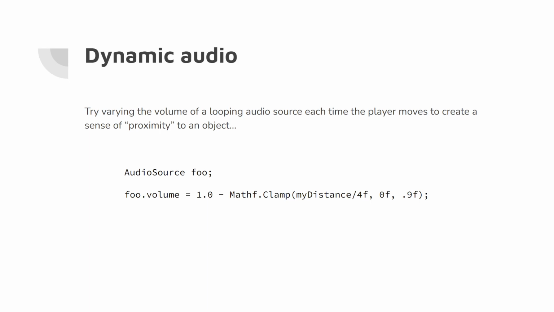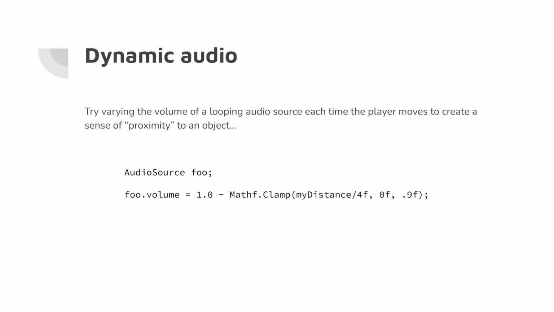And to set that value, initially we're going to say, and this will depend largely on how you want to tune your game, how far away is far enough to hear the sound versus how close do you have to be to get the full volume of the sound. So in this example, it says, all right, you have a distance of 4. So if you're 4 away, this will become what? 4 over 4 becomes